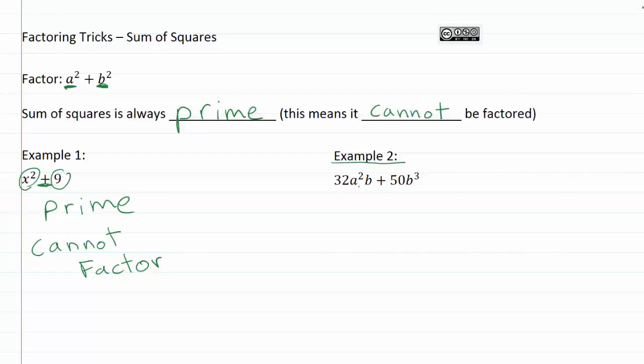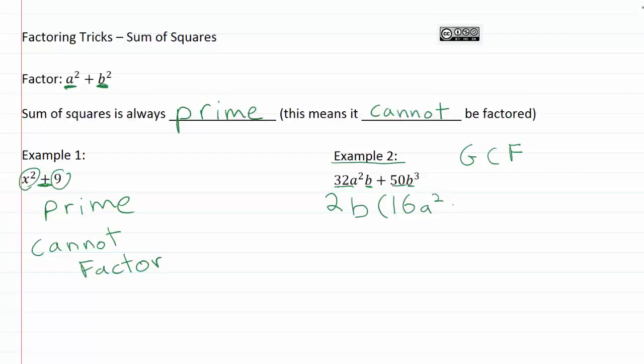Here we've got 32a squared b plus 50b cubed. I'm seeing right off the bat that these are both even numbers, and I've got a b in both of my terms. This is telling me that I'm going to have to do a GCF, greatest common factor. And we should really be looking for common factors every time we come to a factoring problem. Make sure you're looking for those GCFs. Right here, I can pull a 2 out of both terms, and I can pull a b out of both terms. And so that will leave us with